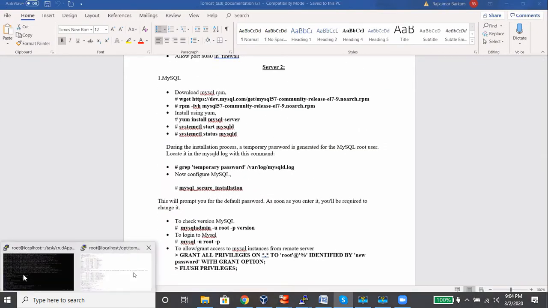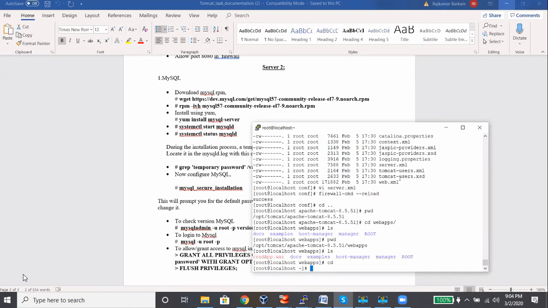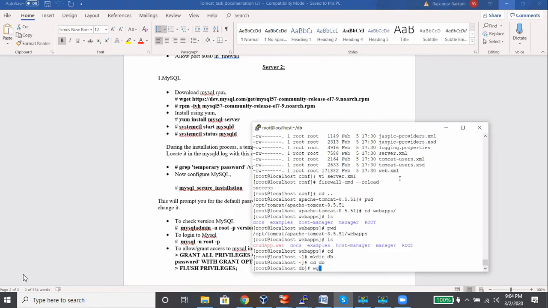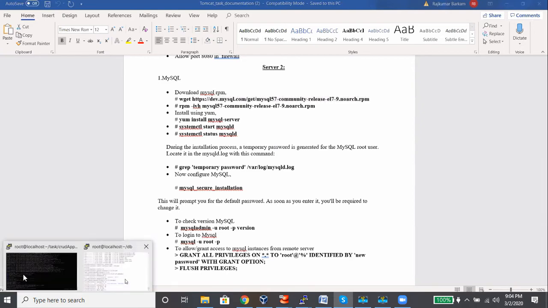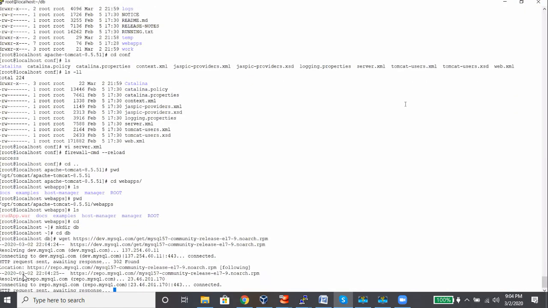So I'm taking the same server and I will set up the database. Let me create a directory db. Let me go to db and I will duplicate. Here I am using this particular MySQL version in the second server. Right click, enter.